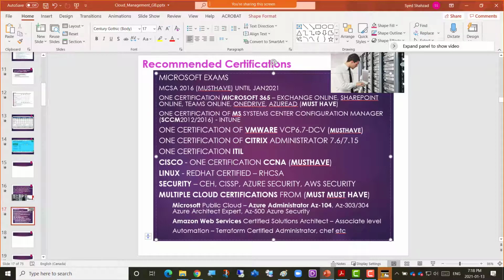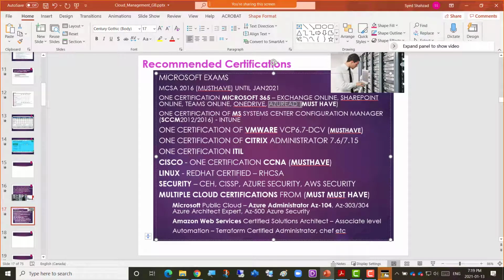Must-have certification number 2 is Microsoft 365, which is a combination of Exchange Online, an email service, SharePoint Online, a file sharing service, Teams Online, for meetings and conferences, OneDrive for storing data, and Azure Active Directory, which is authentication and authorization. You will face that in the market. No matter which company you go to, you will see Office 365 in the majority of them.